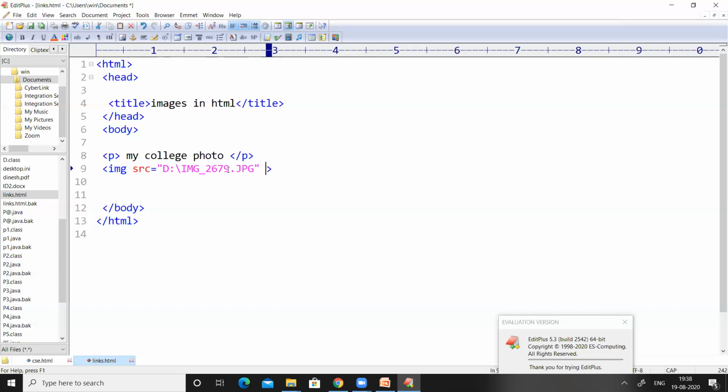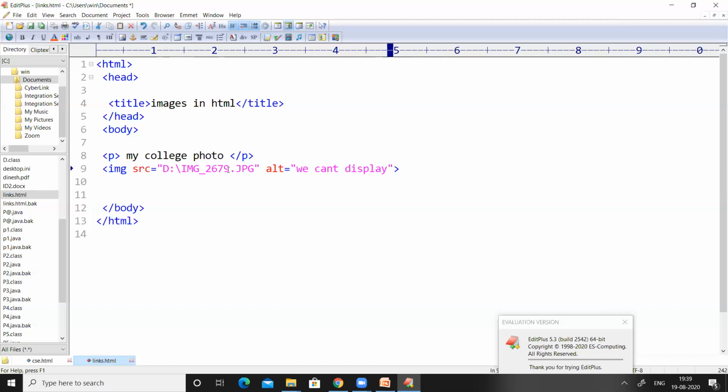Sorry, before closing the tag, along with src, let us provide one more attribute, the alternative attribute. In the alternative attribute, I am going to write some alternative text, "we cannot display".